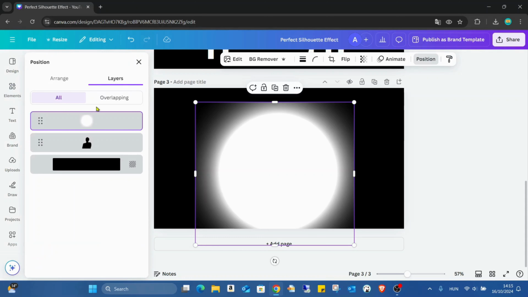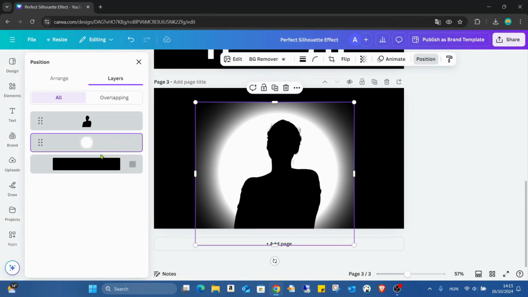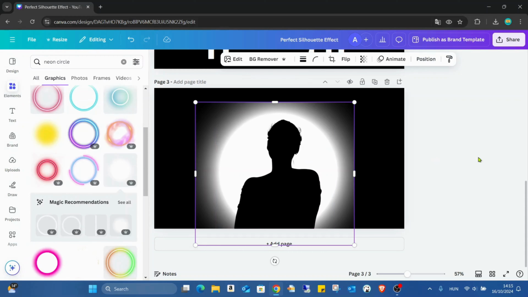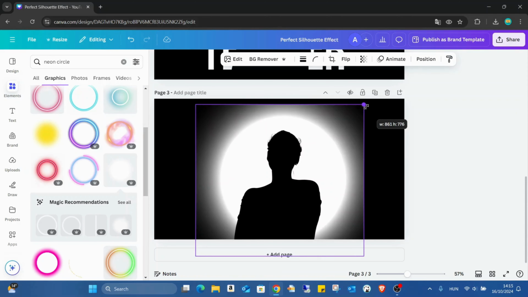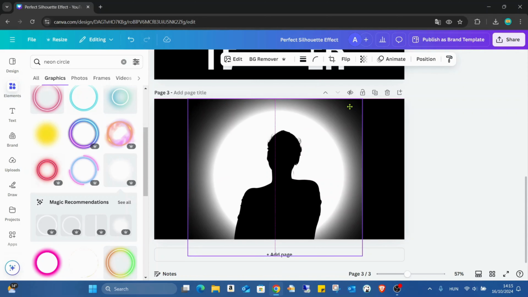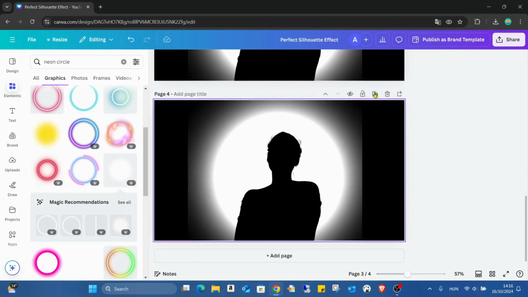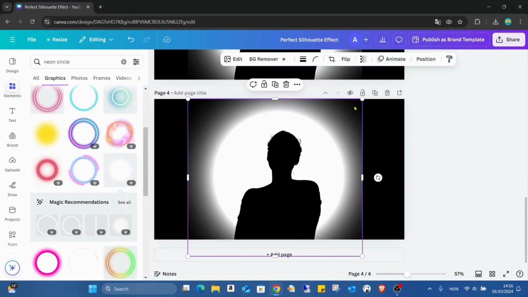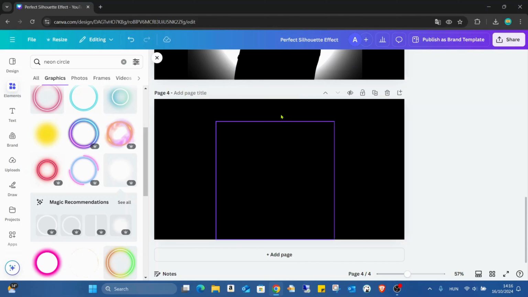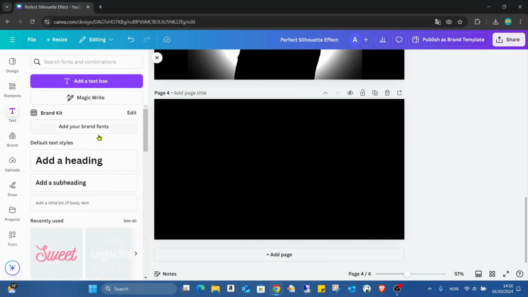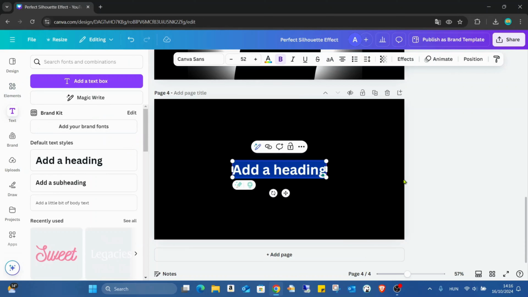I'm going to the position, layers, and moving it below, behind the picture, and now it's perfectly done. As you can see, we can perfectly see the silhouette. And if you duplicate it, I can remove the circle again, go into the text, add heading,